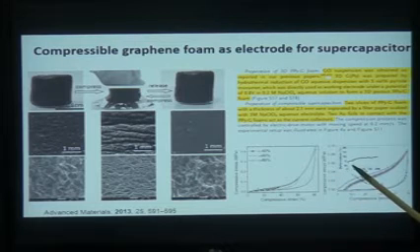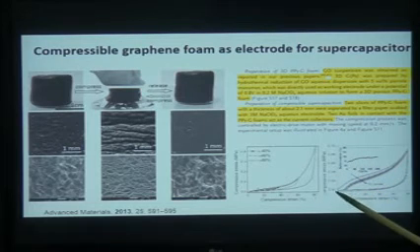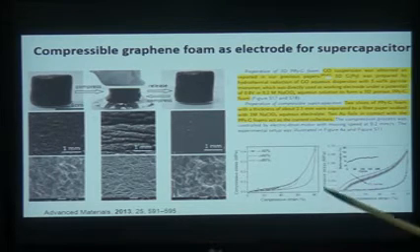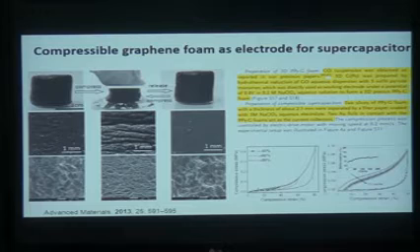Here is the deformation with respect to cycle, and these are nothing but the compressive strain cycles which are applied to the foam to see its integrity. Here I do not have the data on how the electrochemical data changes when you apply strain, but one needs to look into it whenever you make any device like this.